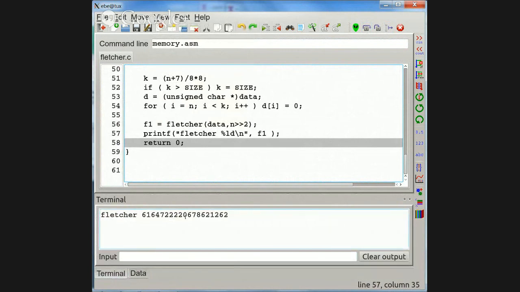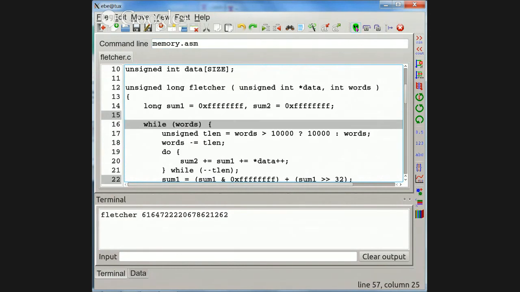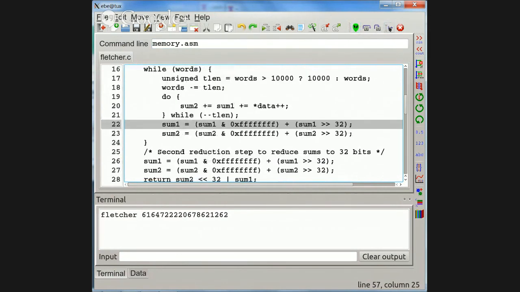You get a 64-bit checksum value, which should be printed in hexadecimal. All right, it's hexadecimal. It makes a nice number, very fast.